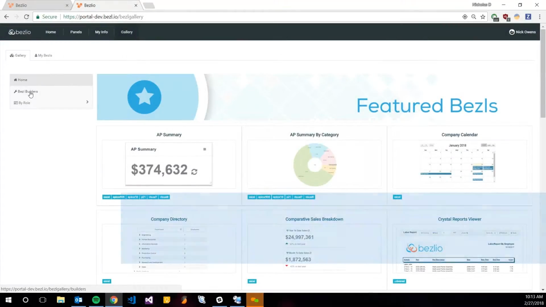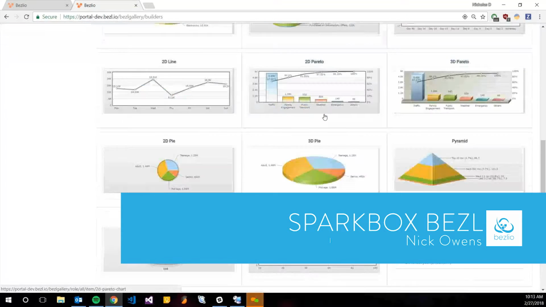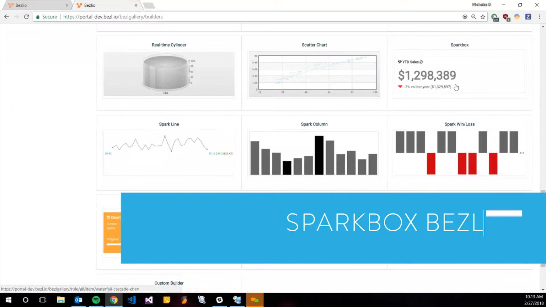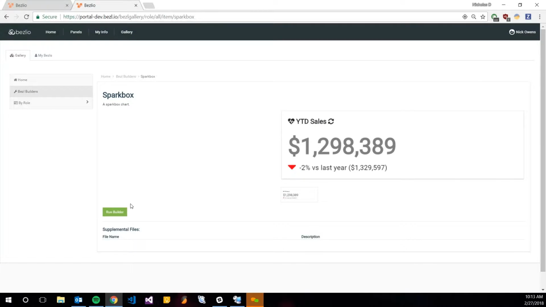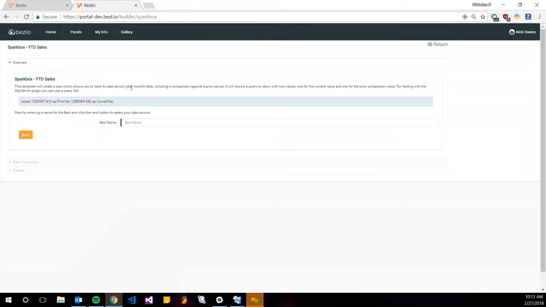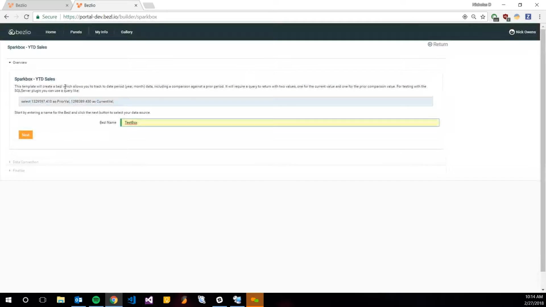So that can be found in the Bezl Builder section. I believe it's here. Yep. So I'm just going to give it a test name here. And here's some information about the Sparkbox, and then an example setup for